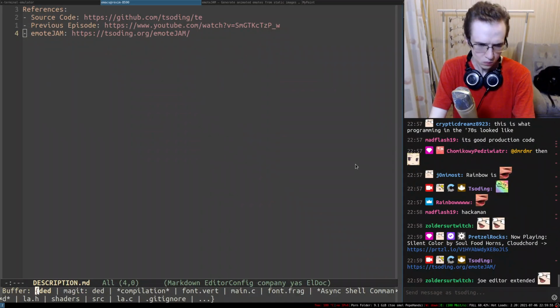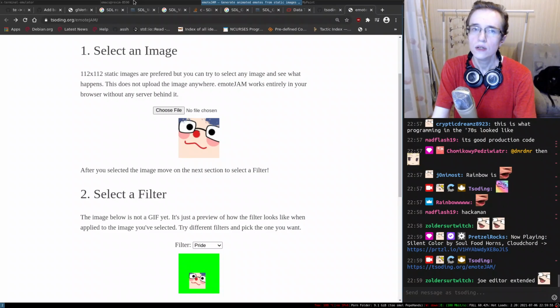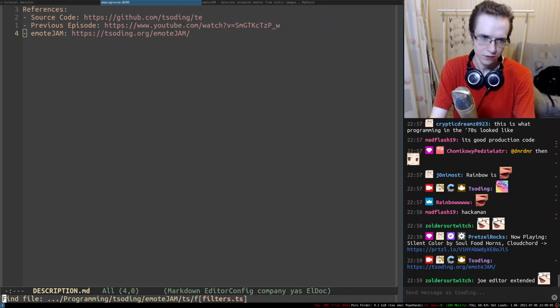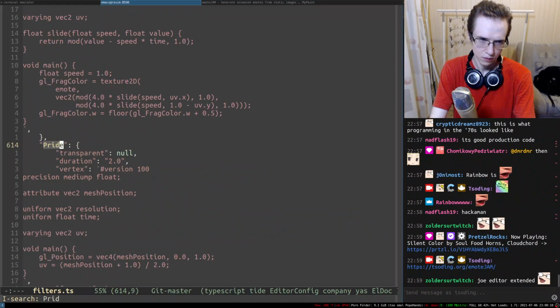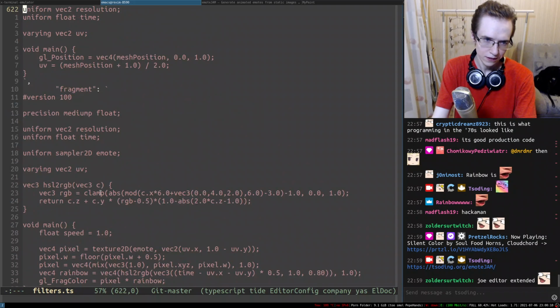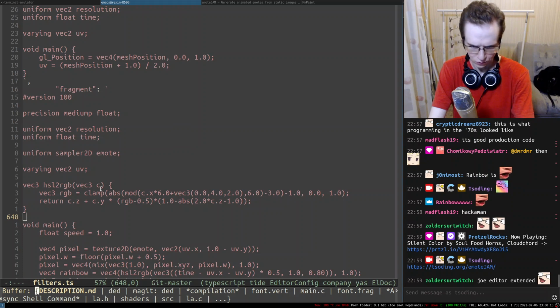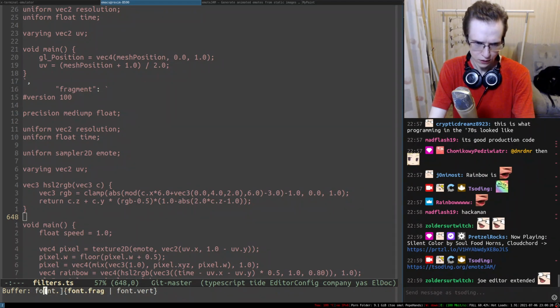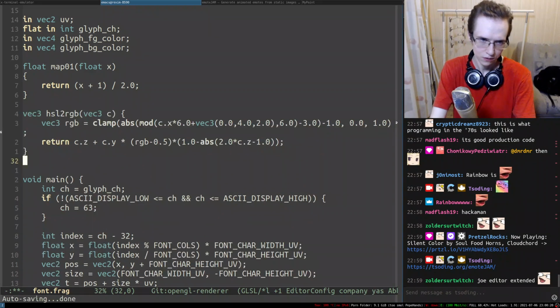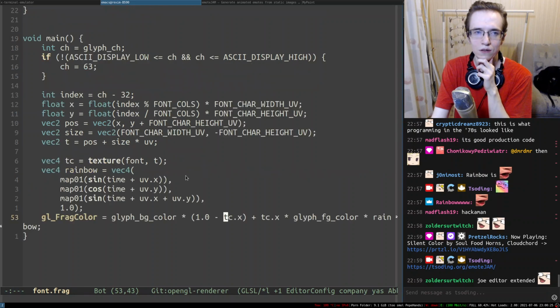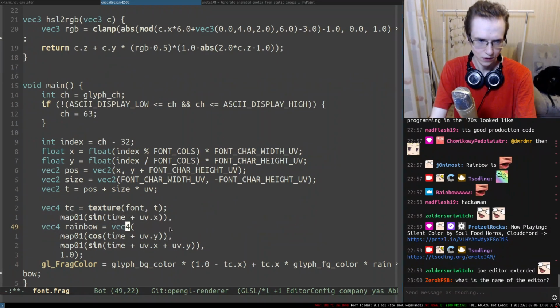All right. And as far as I know, it has filters, Pride. And here is the thing that it uses, right? HSL to RGB, pretty convenient. I stole it from the internet, I don't remember where. Font frag is this one, right? Font frag. And instead of the rainbow in here, what we want to do is essentially,